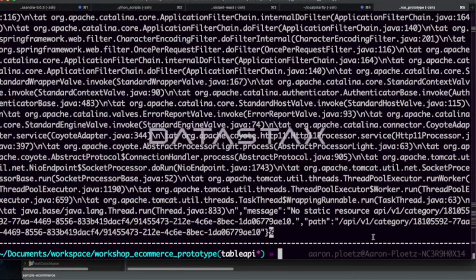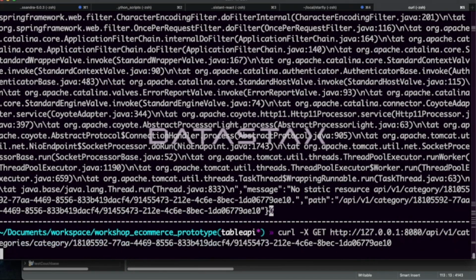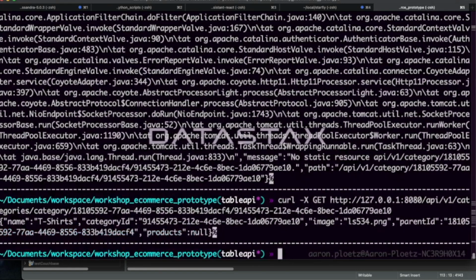So I need them both in there, evidently. Well, let's try this again. Categories like that. Hey, there we go. Okay, that took a little bit of work there.